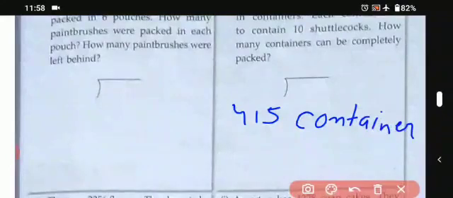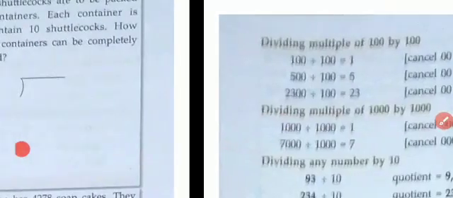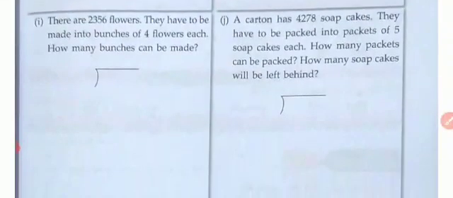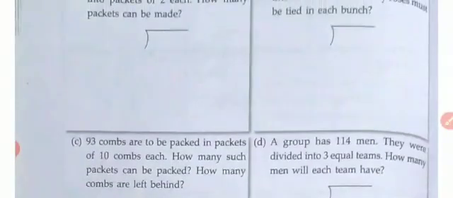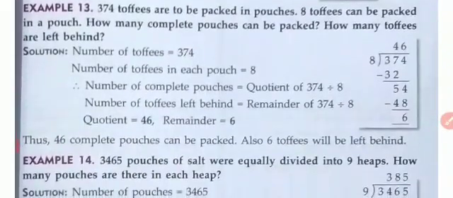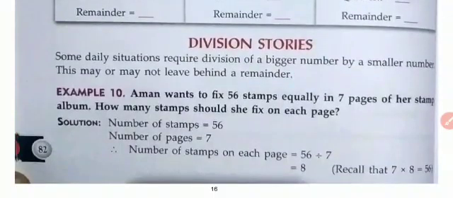Okay, students. So this is how we have to do the questions. Before going further, students, please practice all these problems. There is a story and you have to do it like I have told you. Okay. So now we have come to the end of this part, and in the next part we'll discuss the other